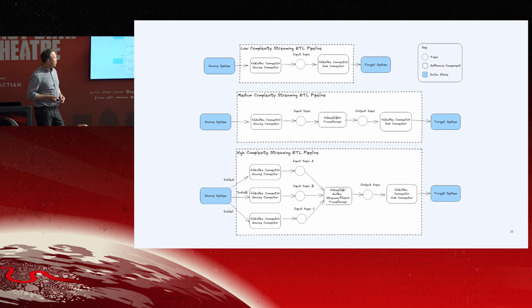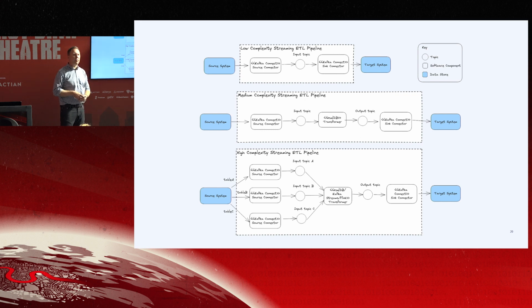Finally, the third one is what we call a high complexity streaming ETL pipeline, where from a source system, you might have different types of connectors, or different connectors that are reading different data, or different subsets of data, writing it into separate topics, and then you have to combine them, join them, window them, group them, do all of that type of thing. And this is where your stream processing framework of choice, whether that's KSQLDB, Kafka Streams, or Flink, they'll be doing the transformation, the joining of these events, the recombining of them,